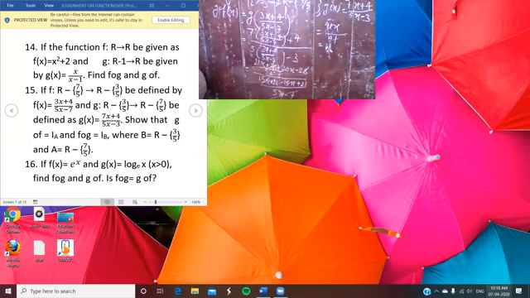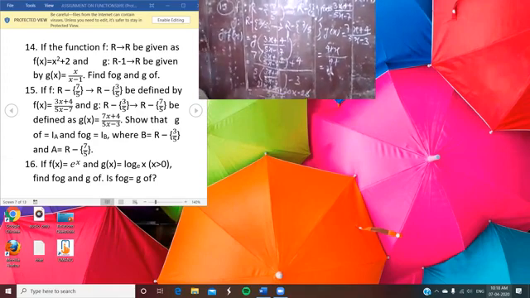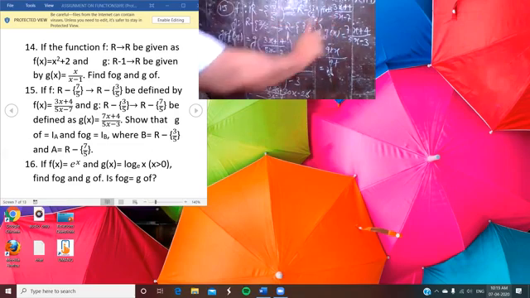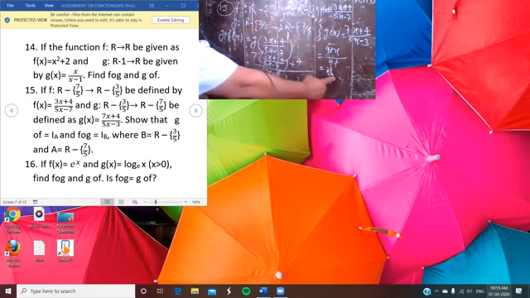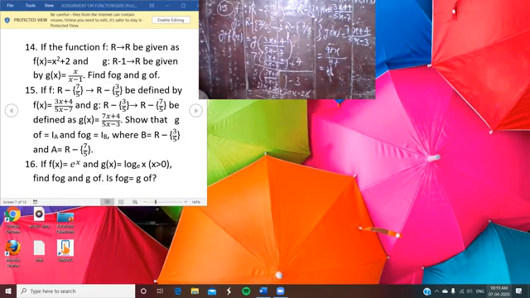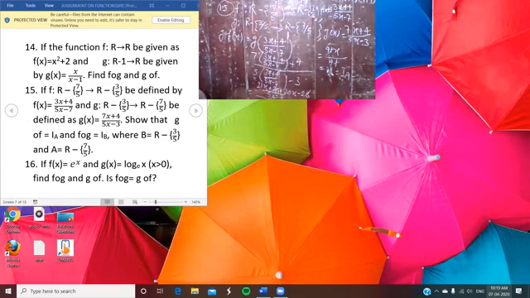Now the concept is that for the identity, you only have to check the second function, as the second function here is x. And x is in terms of x. And here you see that the complete gof function is also equal to x, so that b belongs to A. So you can say that gof is equal to I of A, that means identity function. So it's proved that it is an identity function.